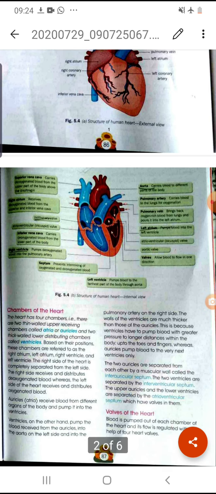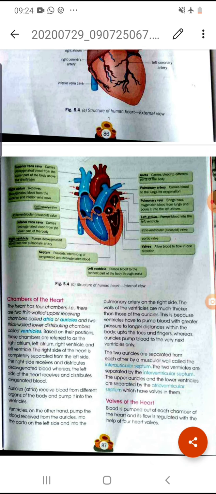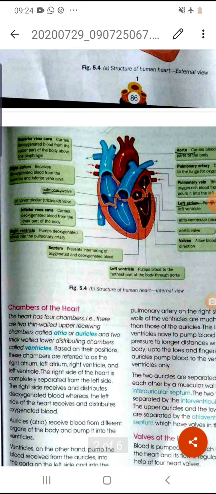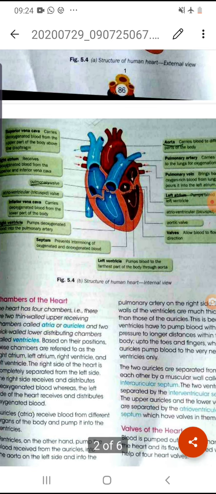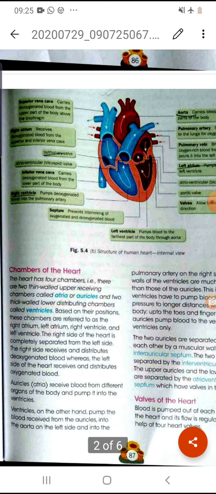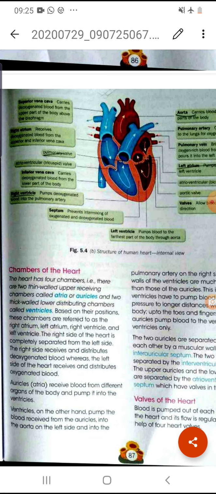our heart. Okay, so you know that our heart is divided into 4 chambers. Okay, it contains 4 chambers. So there are two thin walled chambers, meaning 2 chambers are present at the upper side of the heart and 2 chambers are situated at the lower side of the heart. Okay, so the chambers which are present at the upper side of the heart are thin walled, and they are called the receiving chambers. That means they receive the blood.